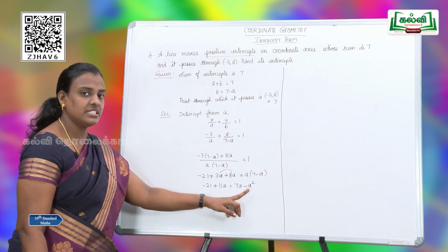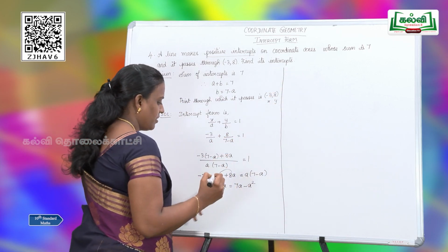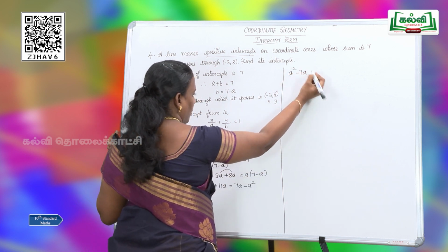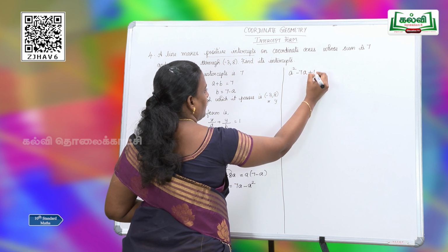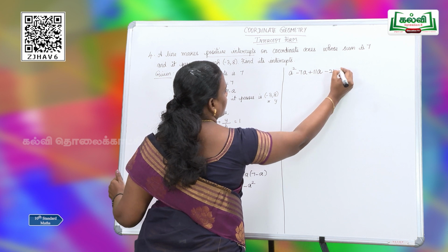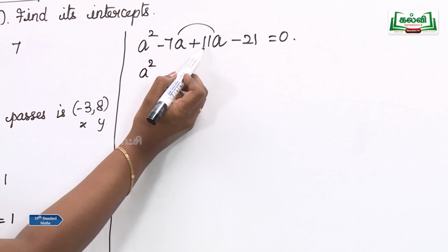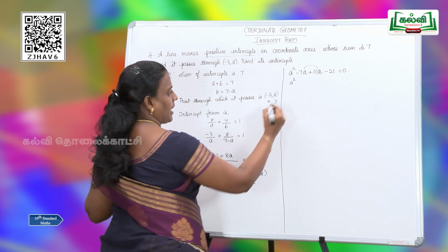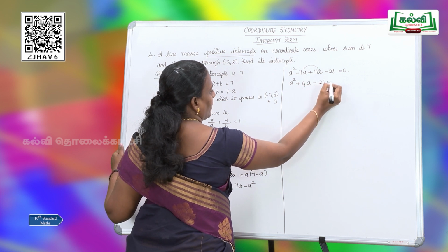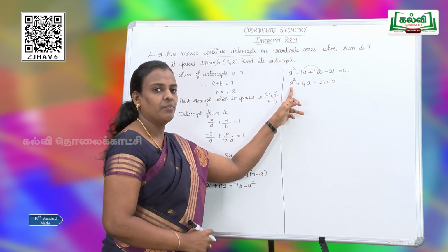Now you have a minus a square, so I am going to bring this term to the other side. So I get, that will become a positive number. So a square plus 7a will become minus 7a. Already here you have 11a and this minus 21 will remain as it is. Okay. So what do I get? A square. Both are like terms, but here positive, here negative. So you have to subtract. So you will get 11 minus 7 will give you 4a minus 21. Now, this is a quadratic equation in the variable a.